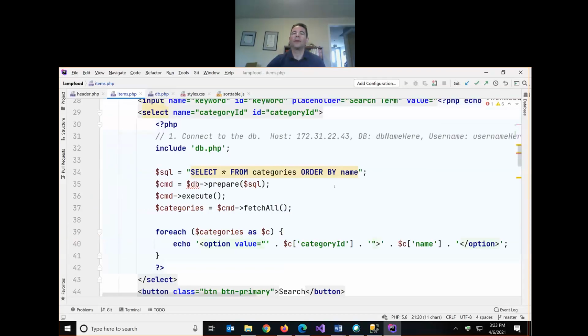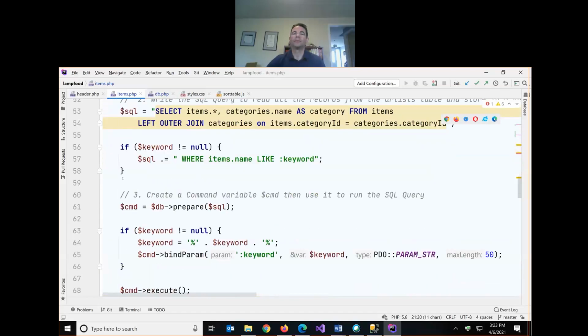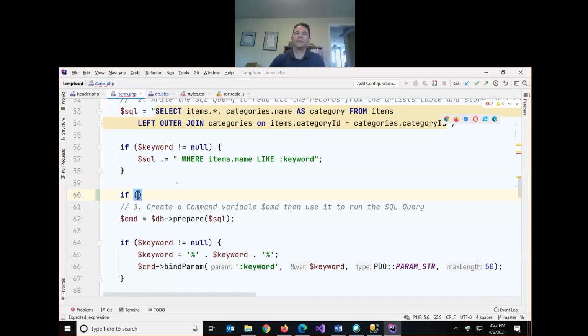Then we'll come down here. So we can say if our category ID doesn't equal null,